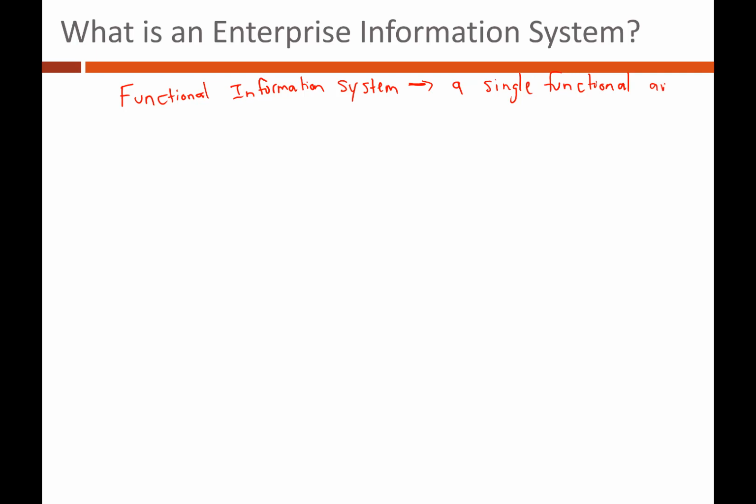So, if our warehouse people need a particular piece of software to do their job, and it only relates to information needs within the warehouse, and it really is a system that solely supports them, that would be a functional information system because it helps out in a single functional area. But as soon as we change the term up and start talking about an enterprise information system,